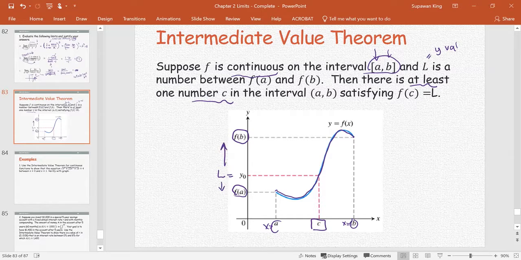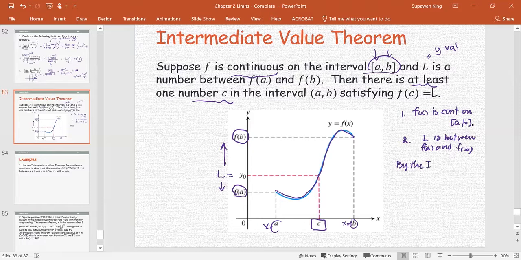Okay, so by the use of the intermediate value theorem, number one, we're going to check whether the function is continuous on the closed interval [a, b] or not. And number two, the value L: L is between f(a) and f(b). And then by the intermediate value theorem,